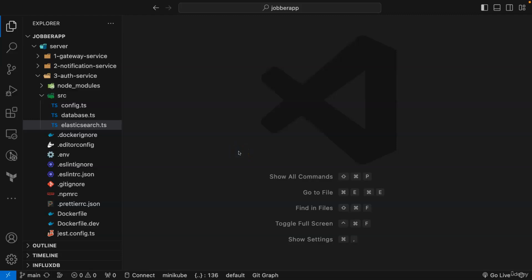Hello and welcome back. In this video, we want to start with setting up our server file. Here we set up our security middleware function, standard middleware, routes, error handler, and start queues. So in the source, let me create